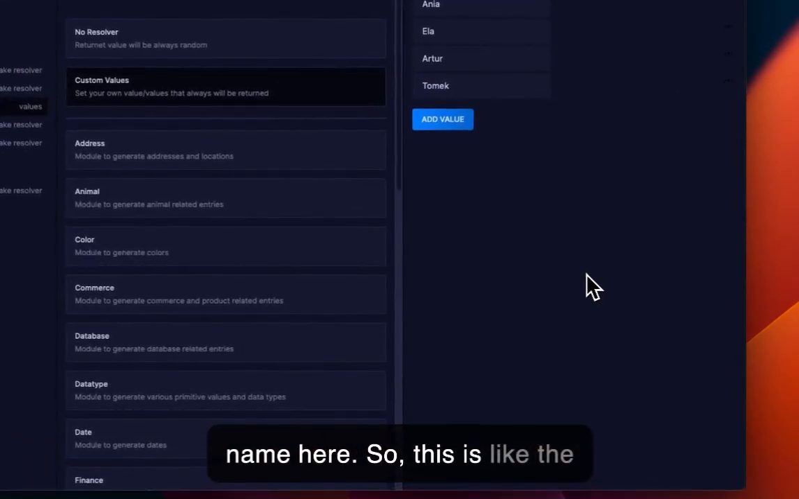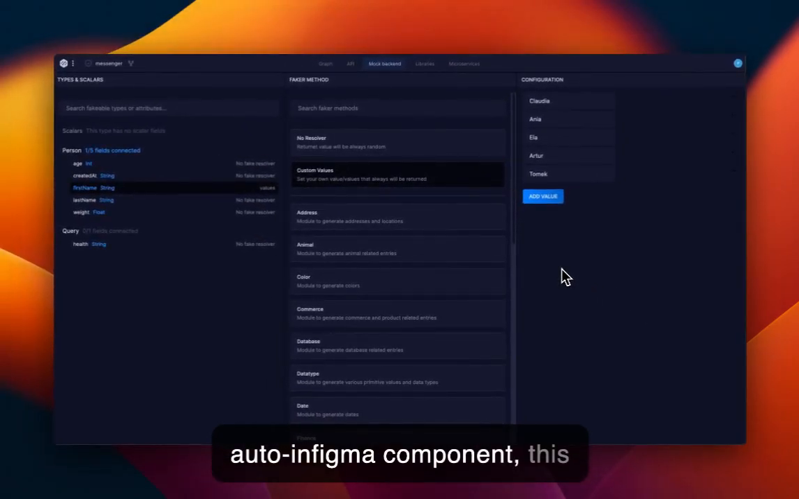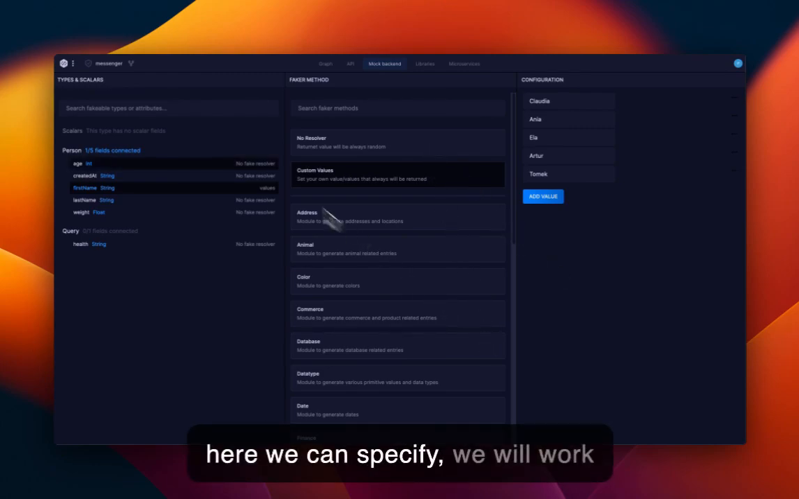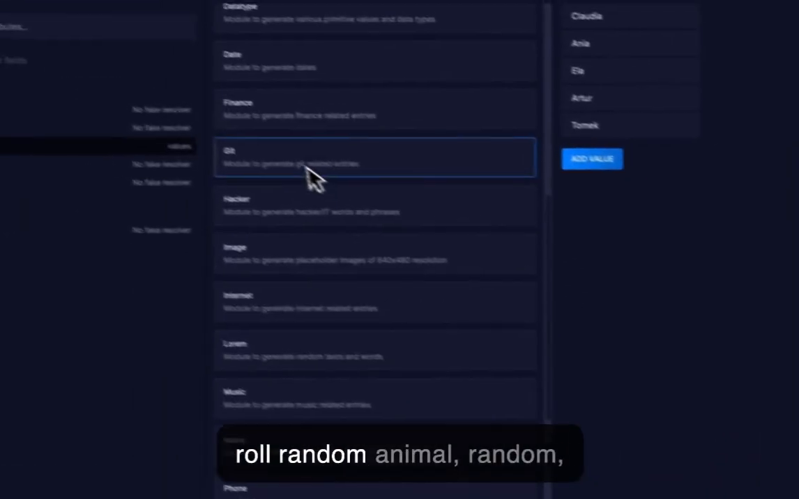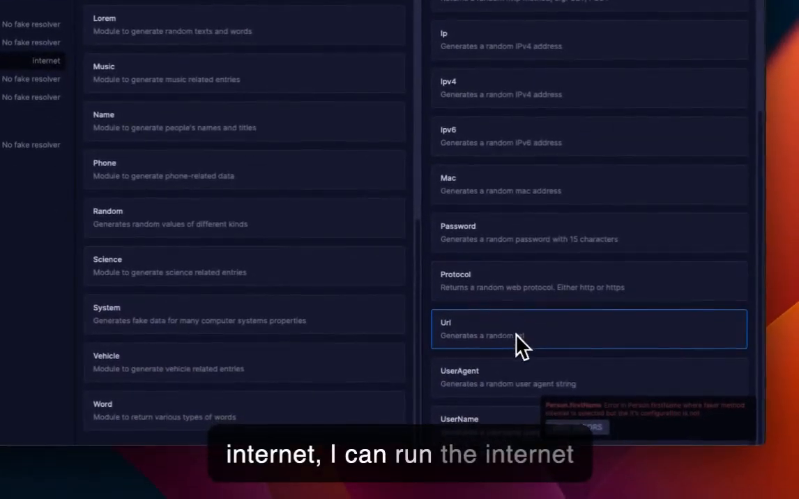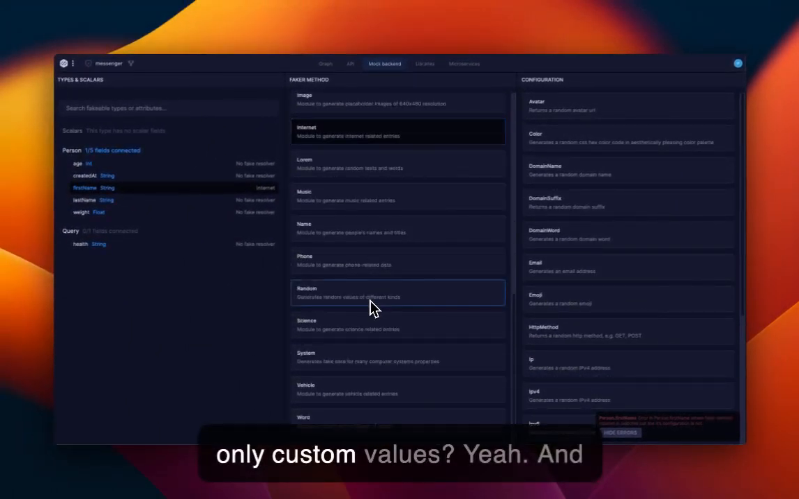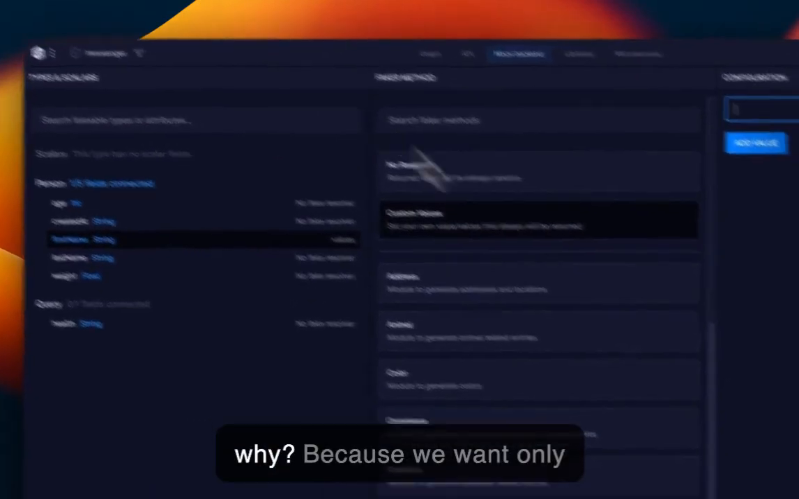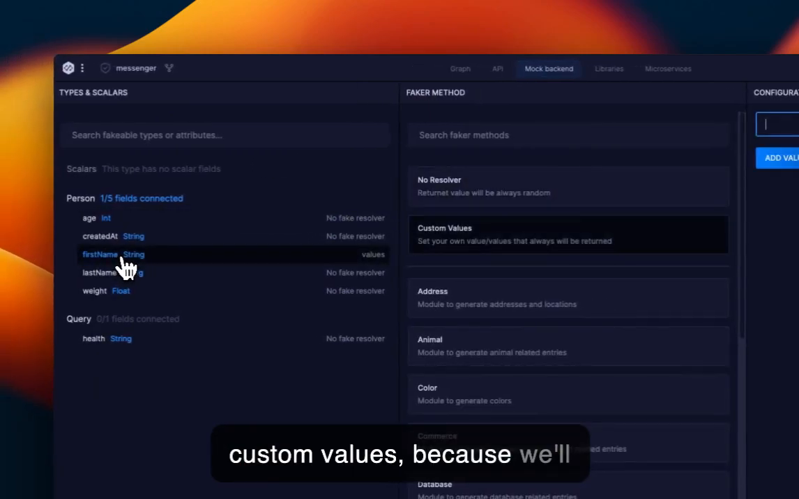So this is like the auto, like in Figma, this component, this plugin, content real. But here we will work without this category, so not to roll like random animal, random. Because, you know, when I click internet, I can get a random internet URL, but we don't need it anymore. So we want to use only custom values? Yeah. And why? Because we want only custom values, because